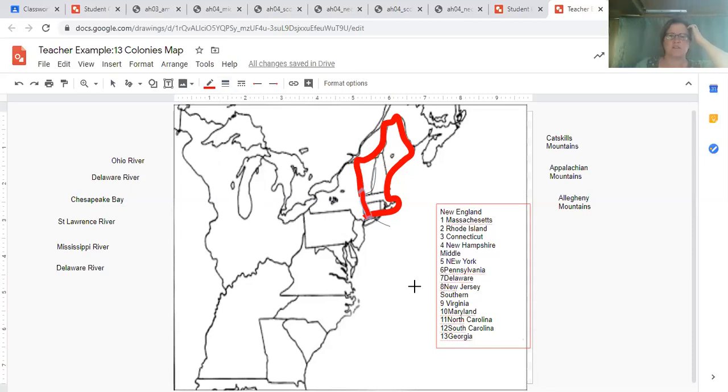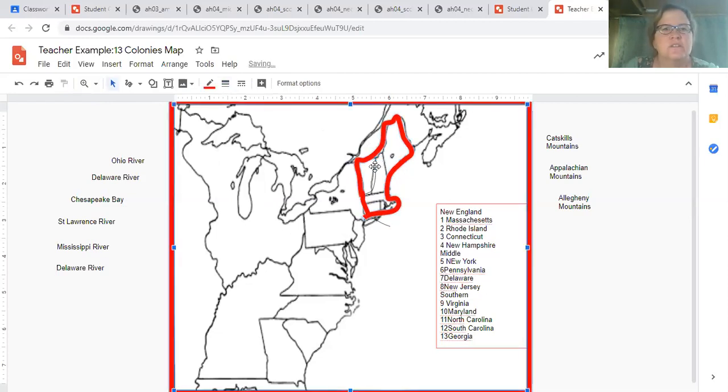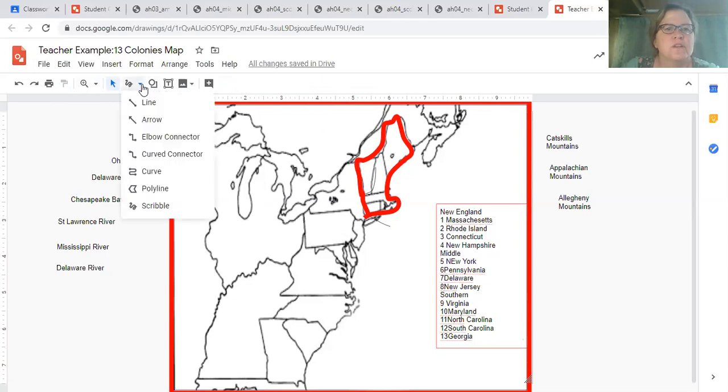So there, I have highlighted New England in red. Could I go in and start shading that in? Yes. Do I want to do it now? Not right this second. Here's paint. I don't know what it did that for, but now I'm going to go and find